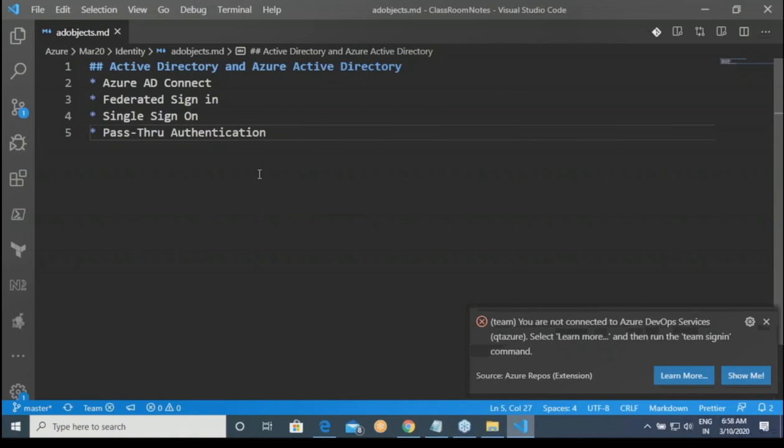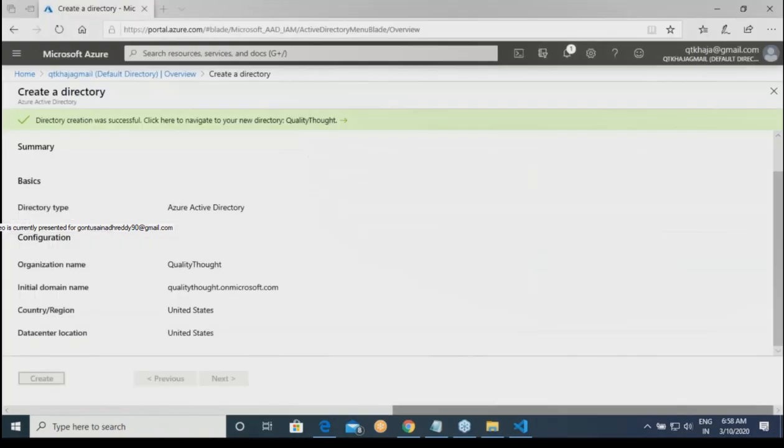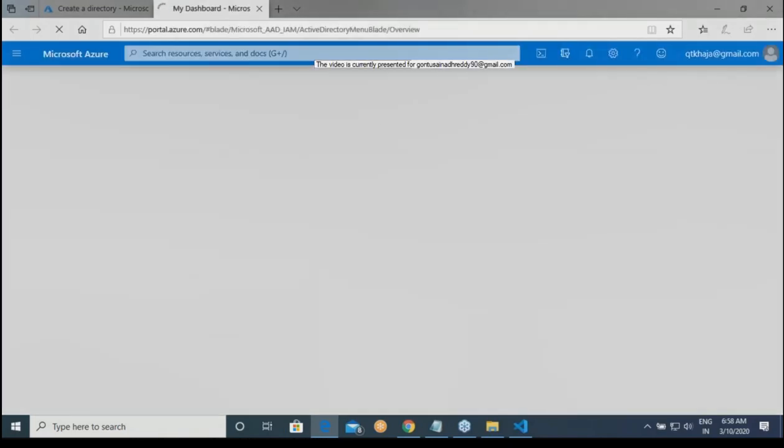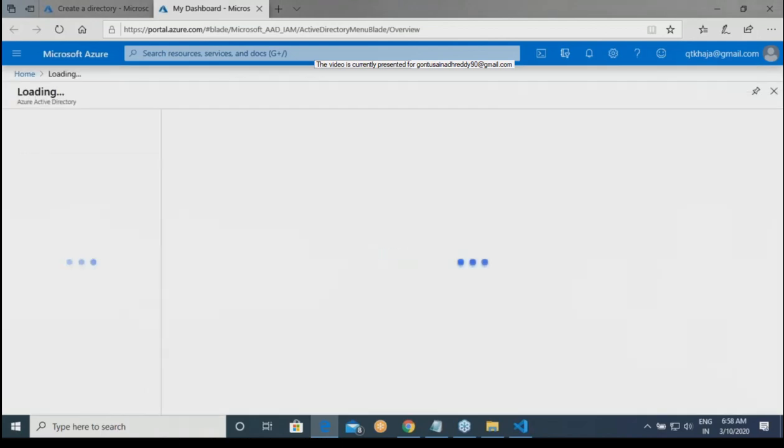So you should know what a federated is, and you should know what a connect is. Clear on this? Right. Okay. Let us see what is happening. Okay. Directory is created, and then it is trying to tell that click here to go to the directory. This directory might not have too much of what you call activities to be done, because this directory is not connected to any subscription. But we will just see users coming in over here.